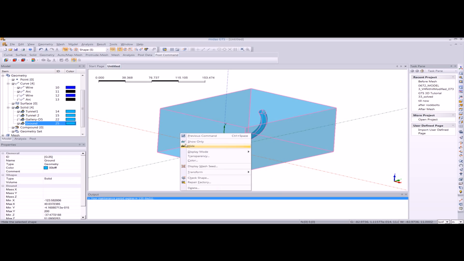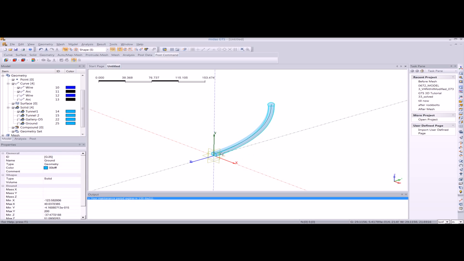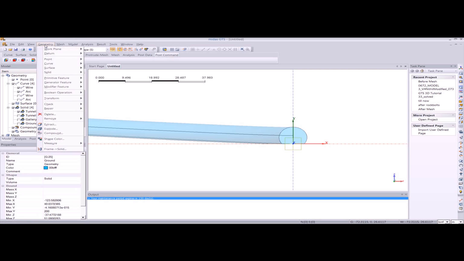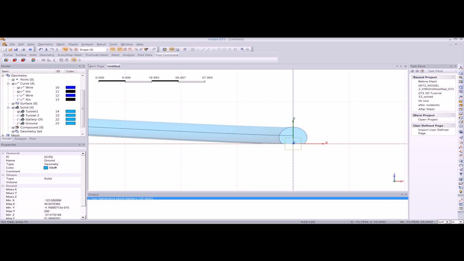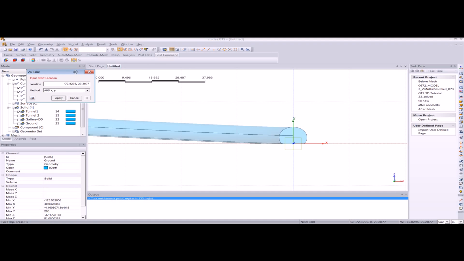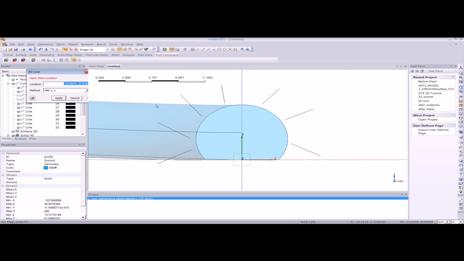Now let's hide the ground for the time being, and let's play around with the tunnel. So first of all, we'll model the rock bolts on the tunnel. So I'm gonna create the rock bolts using the several curve option in Midas GTS, and again I want to show you different features. So I am creating the rock bolts as you can see here, and if I zoom in at this location, you will realize that the rock bolts do not actually intersect the tunnel